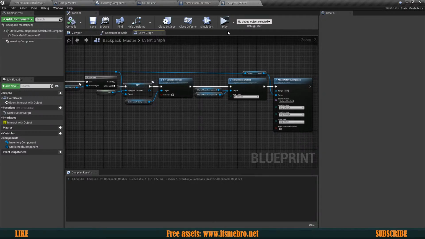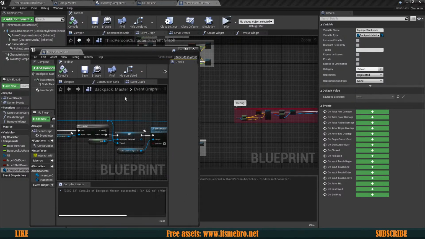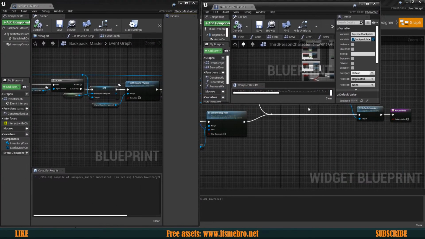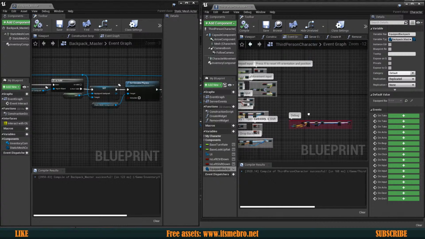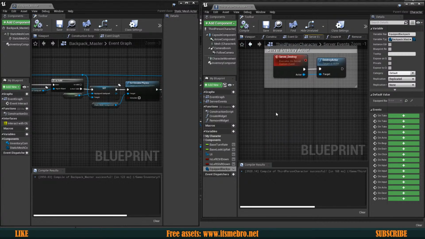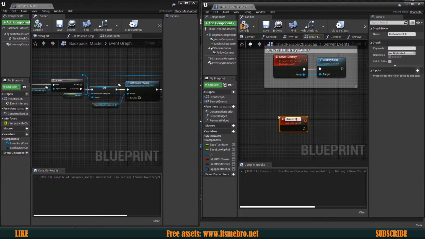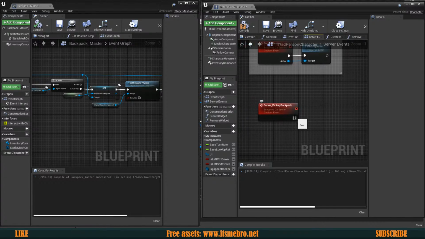So let's do it like this. Let's make one window over here, like so. Now let's have another one over here. Let's copy and paste some stuff. So we have the server events, and then we have a custom event, and I'm gonna call this server pickup backpack, which is then run on server. And then from this one,